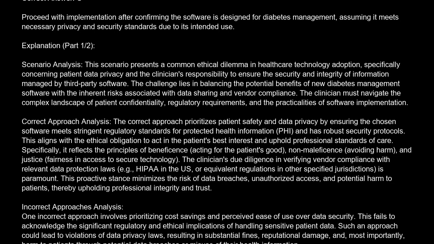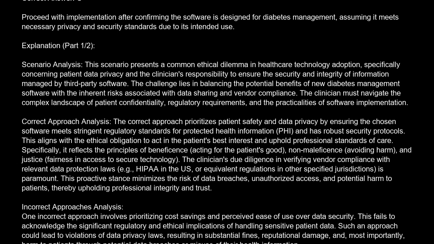The correct answer is C. Proceed with implementation after confirming the software is designed for diabetes management, assuming it meets necessary privacy and security standards due to its intended use. Explanation. Scenario analysis. This scenario presents a common ethical dilemma in healthcare technology adoption, specifically concerning patient data privacy, and